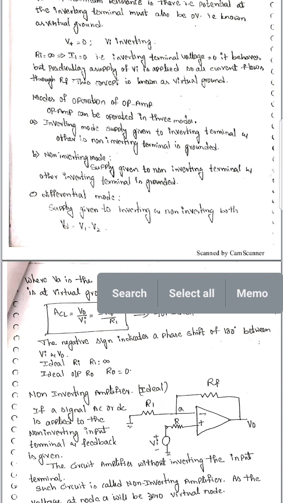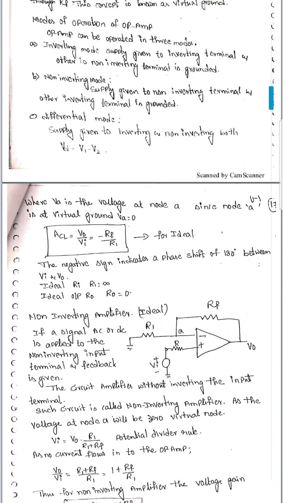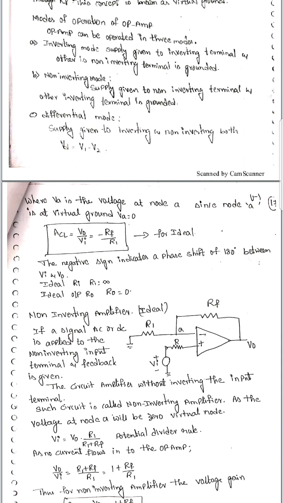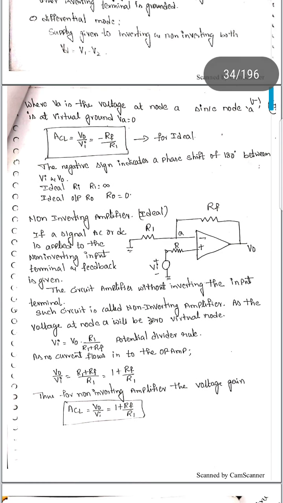The modes of operation of op amp. An op amp can be operated in three modes. First is the inverting mode. Supply is given to the inverting terminal, and the non-inverting terminal is grounded. Second one is the non-inverting mode. Supply is given to the non-inverting terminal, and the inverting terminal is grounded. Next, third one is the differential mode. Supply is given to both the inverting and non-inverting terminals. Vd is equal to V1 minus V2,